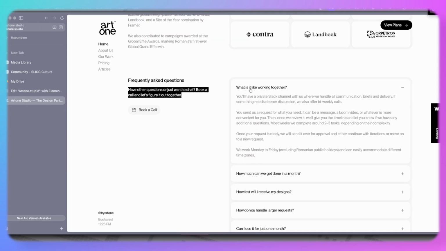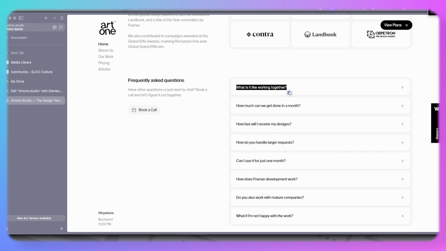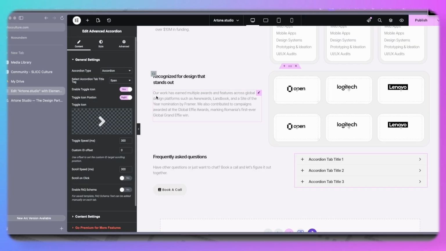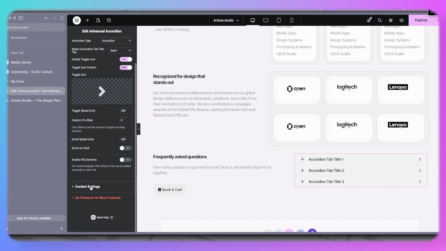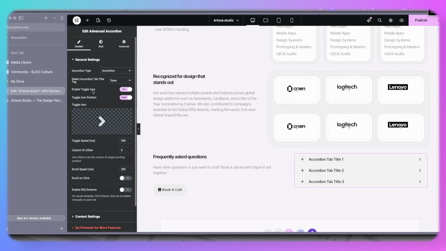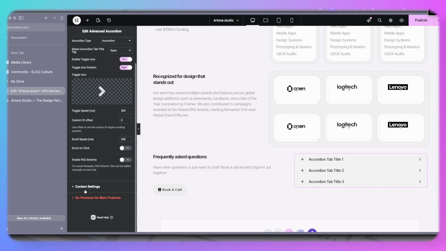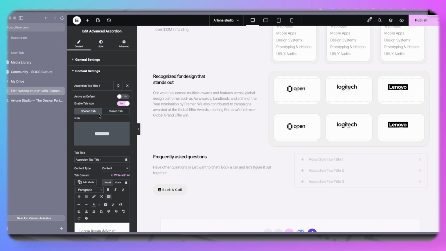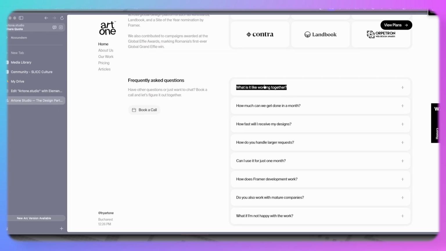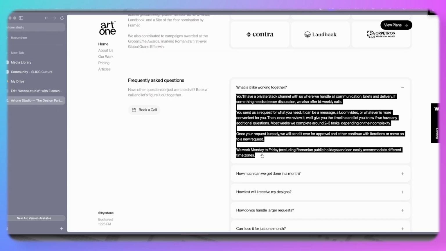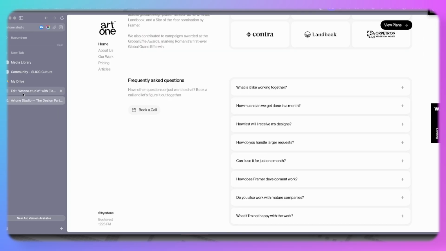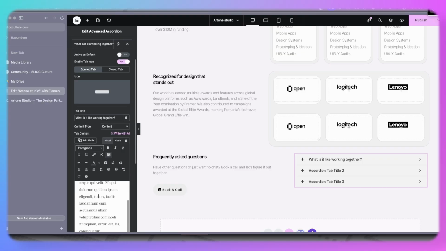So we're going to work on just this first one, because this one is really long. So tab title should be this, and then once you click on it, all of this content. So this,